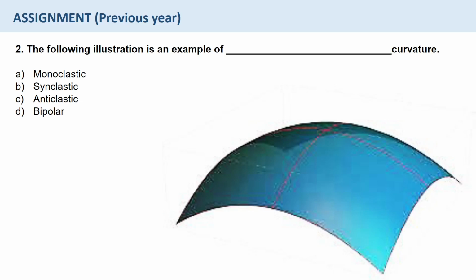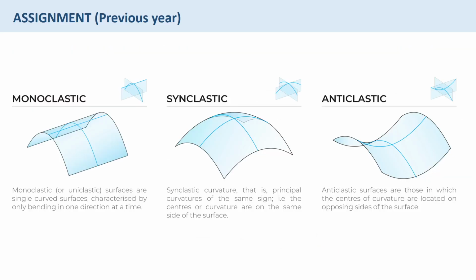Showing it more clearly here, monoclastic, single curved surfaces characterized by only bending in one direction at a time. Synclastic curvature, principal curvatures of the same sign, that is the centers of curvature are on the same side of the surface. Anticlastic surfaces in which the centers of curvature are located on the opposite sides of the surfaces. You can see it clearly in the images how monoclastic, synclastic and anticlastic curves are defined and how their shapes are